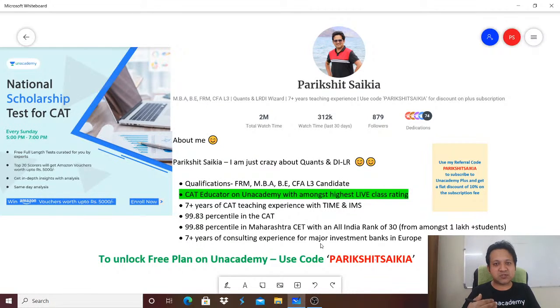Now, if you analyze the last 15-20 years of SNAP papers, you will find that there are certain topics and questions which keep repeating year after year. So this series of sessions that we in Unacademy have come out with will focus on these very important questions, which have been picked after a lot of analysis from the past 20 years of SNAP papers and also SNAP mock papers. It's very important that you solve these 100 must-solve quant SNAP questions, and I'm sure if you do that, your SNAP quant section will be taken care of and you can get a very high score.